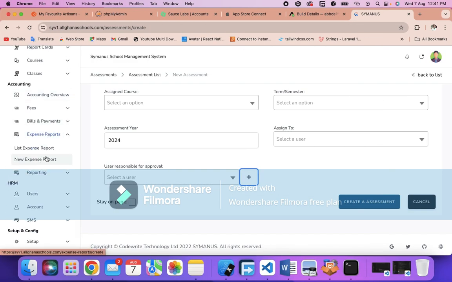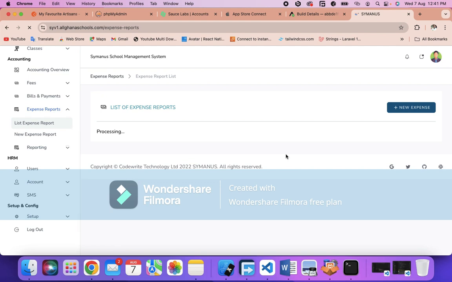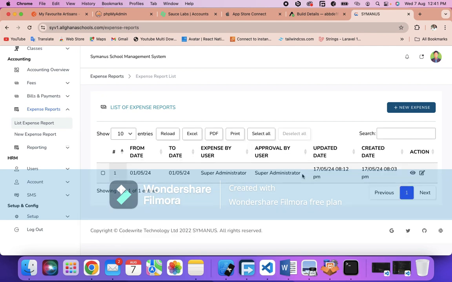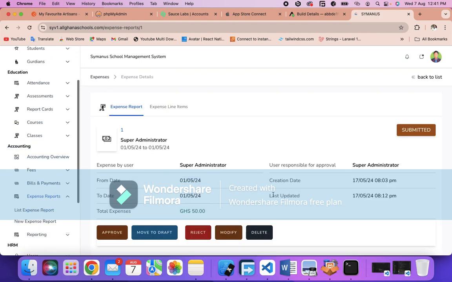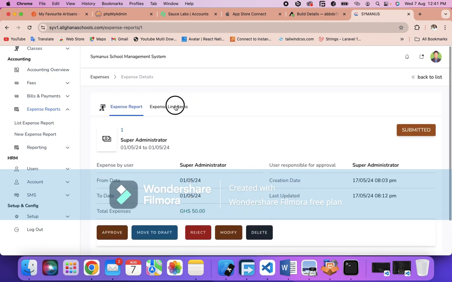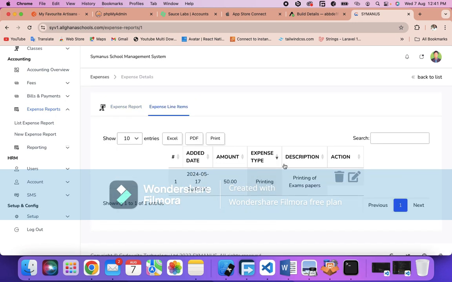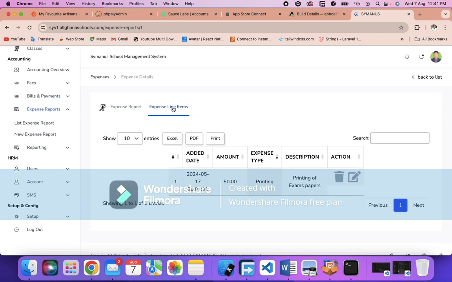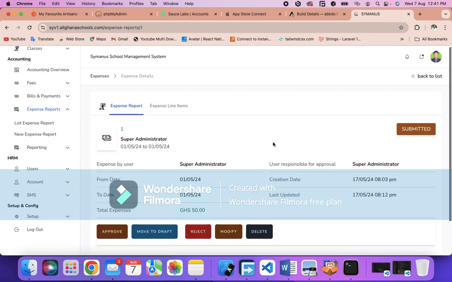There is other information like expenditure, if you are collecting expenses and you have the expenditure for your school. Okay, from this time to this time I spent this amount, and once you view that, you'll be able to know how much you are owing. As you can see, there's an expense item, printing, what have you. You'll be able to add more expenditure